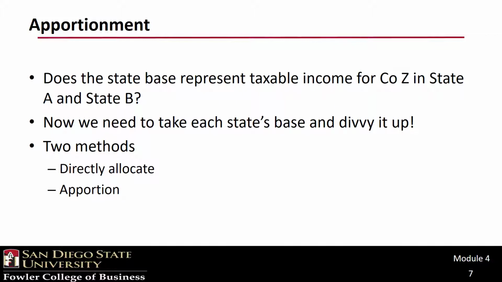But the state tax base, which there could be potentially a different base for every state, still doesn't represent the amount a particular state can tax, because it is still the nationwide income of the business. But at least now we're ready to divvy it up. Most states use two systems to divvy up the state tax base, and these are not separate and distinct systems, but rather complements of each other: allocation and apportionment.